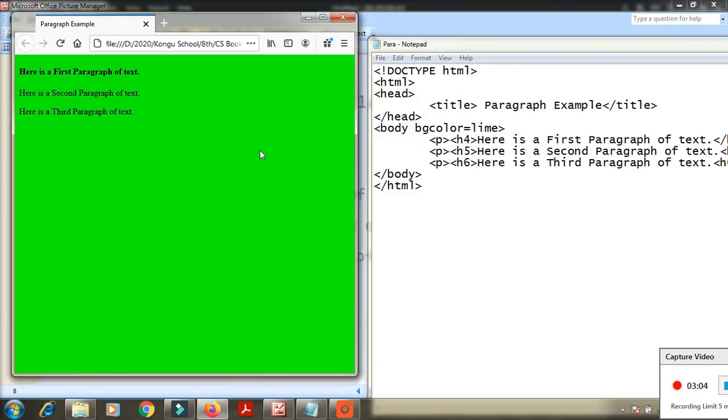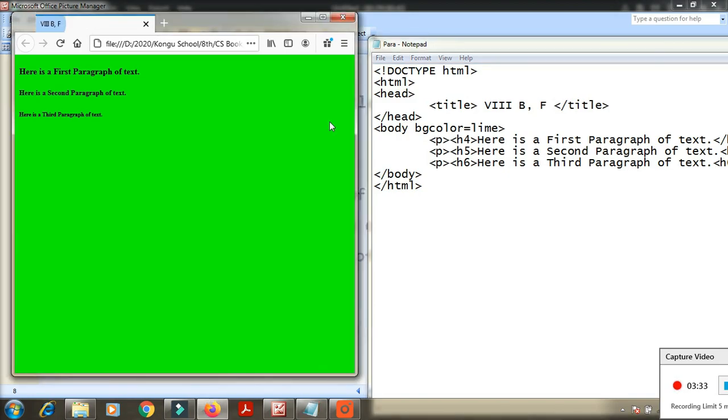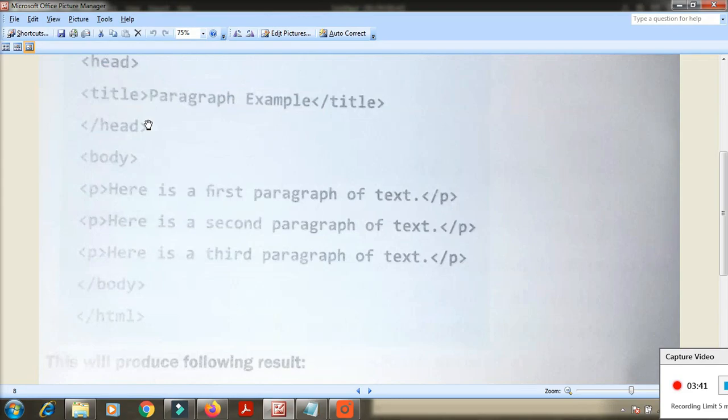So it will come one by one, h6. Okay, again I am going to refresh that. See here, it will come one by one, changed. Okay, so this is the first paragraph, second paragraph and third paragraph. Okay, first one, second one and third one. So this is the paragraph example program name that I gave here. Okay, instead of that paragraph name, I have now given 8th standard. Okay, 8th standard B, F section for them. Again I renamed the title. See here, 8th B and F. Okay, changed to 8th B and F. So now the paragraph information is changed.